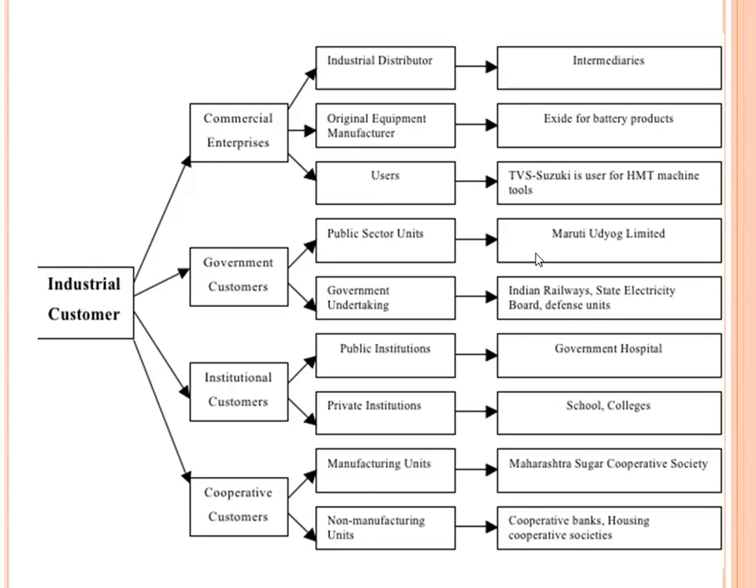Then institutional customers include public institutions like government hospitals, and private institutions like various schools and colleges. Cooperative societies or cooperative customers may be manufacturing units like Maharashtra Sugar Cooperative Society, or non-manufacturing units like various cooperative banks and housing cooperative societies and so on. So these are the various types of industrial customers. We need to understand which type of industrial customer we are dealing with. Now we will try to find out about all these points, like commercial enterprises, industrial dealers and distributors, or OEMs, in detail. So first we will start with